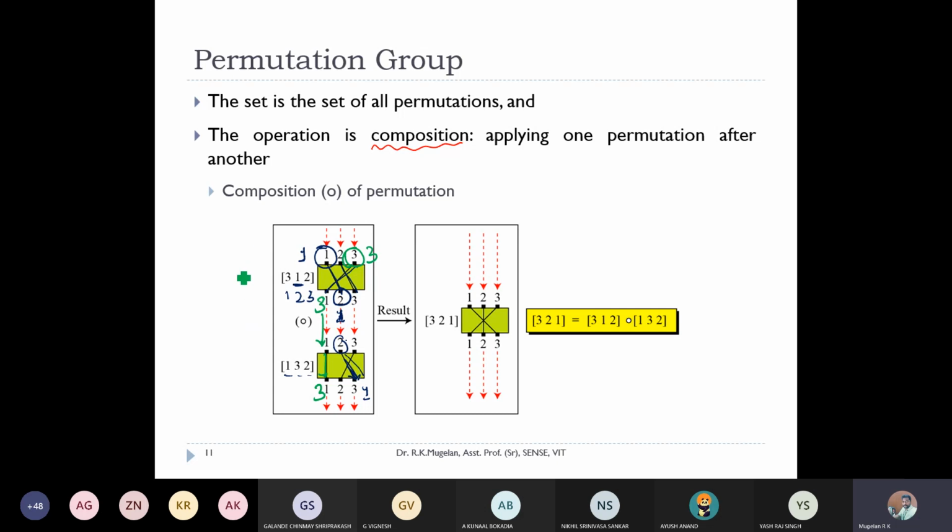So instead of using these two different permutations, I can combine these two, and I can use this one, which is one of the combinations of a 3-input and 3-output permutation box, right? So I can simply write 3, 2, 1. That is, you can see the position of 3 is coming out at 1, 1 is coming at 3, and 2 is coming at 2.